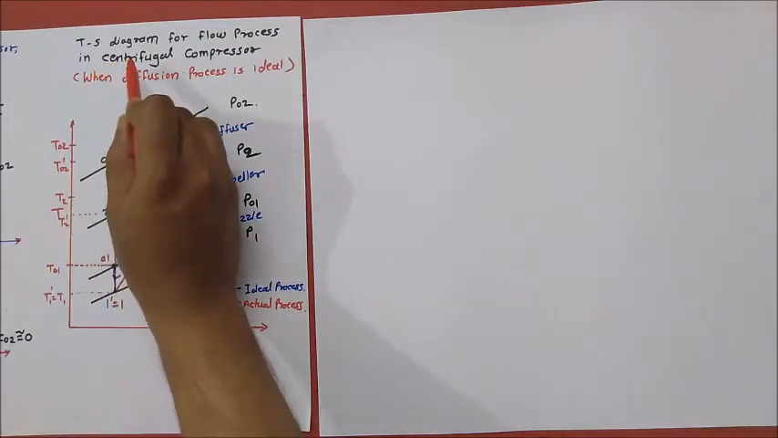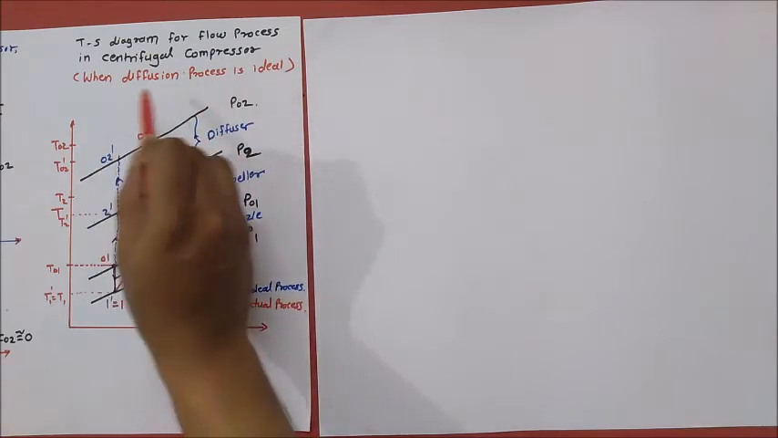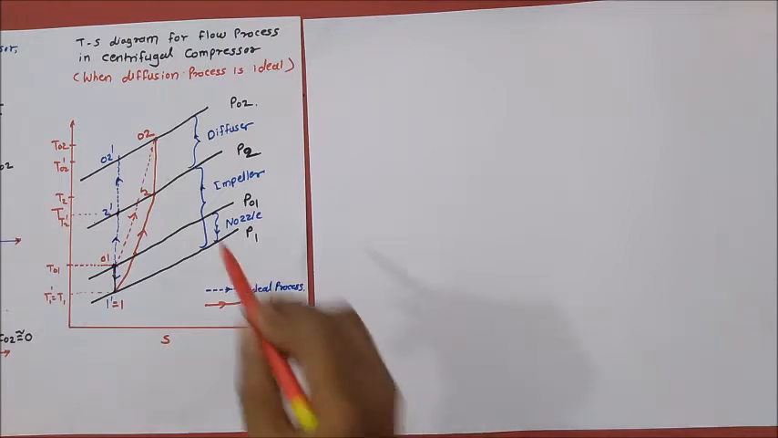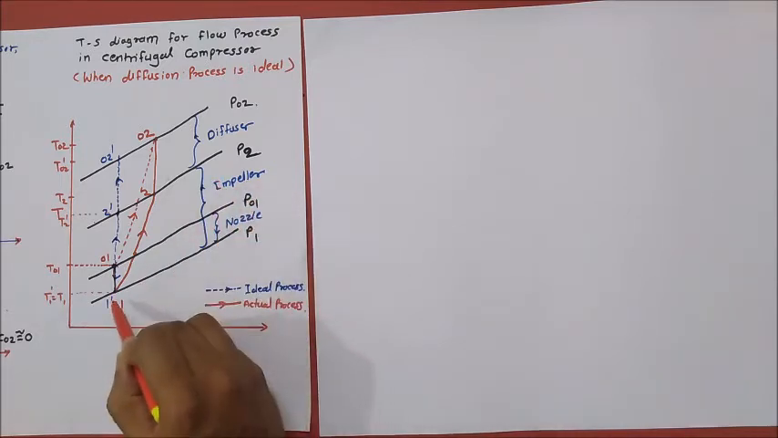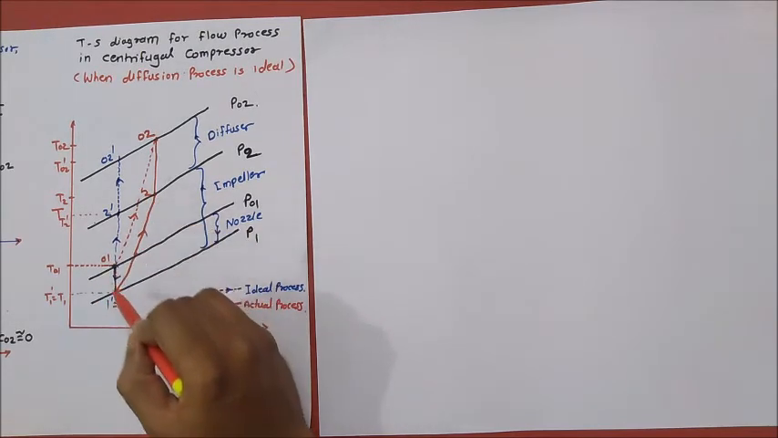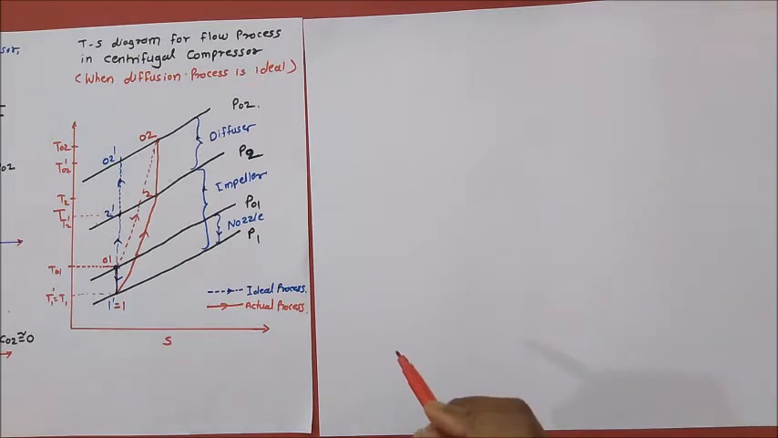Previously, we have seen the TS diagram for flow process in centrifugal compressor when diffusion process is ideal. Now, we will apply the steady flow energy equation across the impeller. The impeller inlet section is section 1 and impeller exit section is section 2. So, across sections 1 and 2, that is across the impeller, we will now apply the steady flow energy